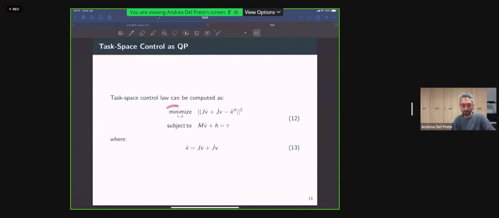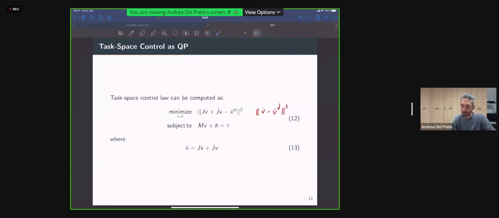We are always solving a minimization problem, which is a QP, over the same optimization variables, which are the joint torques and the joint accelerations, subject to the same constraints, which are basically the dynamics of the system. The only thing that we need to change is the cost function. Before, the cost function here was something like norm of q double dot, or actually q double dot minus q double dot desired squared.